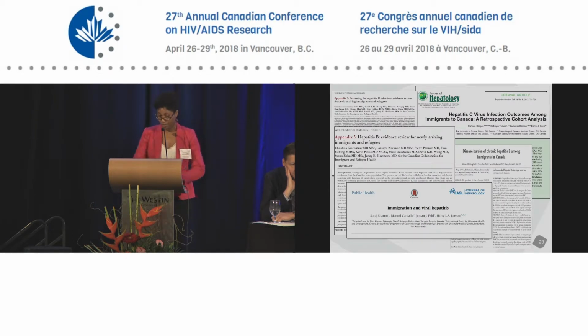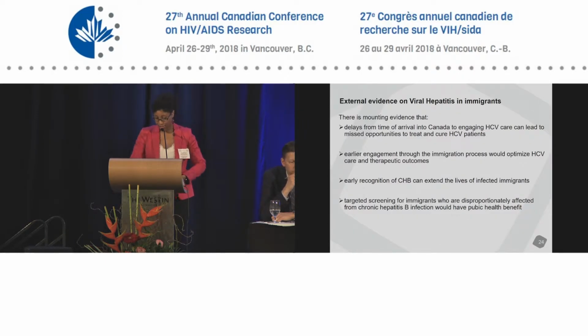Okay. This is just a slide representing that there's obviously a whole bunch of evidence, be it primary research or guidelines, reporting on how we should be looking at optimizing viral hepatitis care and therapeutic outcomes in immigrants and refugees. And essentially, IRCC, specifically Migration Health Branch, has taken note of that mounting evidence, and really what